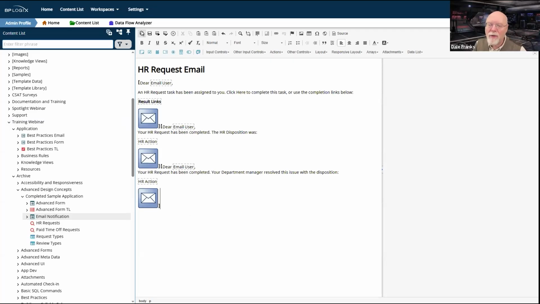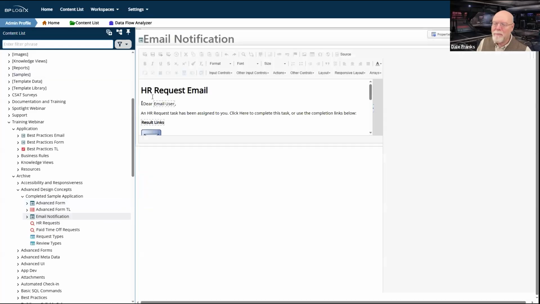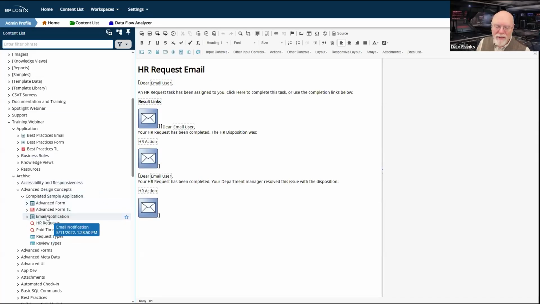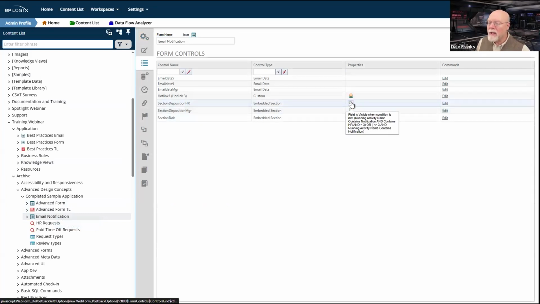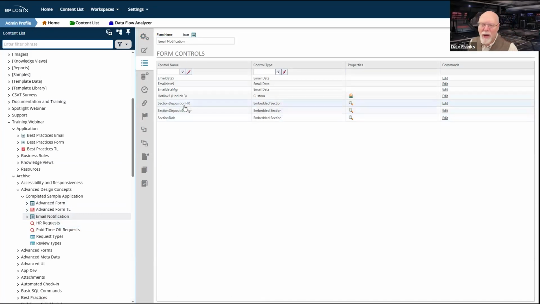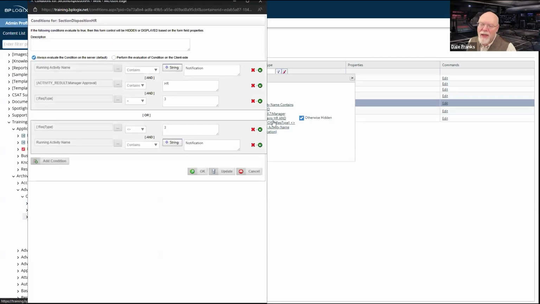And the only thing I have to ensure, especially because I only want one of these messages, including its email data control, to appear at any given time, is on the Form Controls tab, which will be the easiest way for us to see this. If we look at the Form Controls tab, I've got three different conditions, and I guess you can't see it, but basically all of the conditions are complex enough so that they are mutually exclusive.